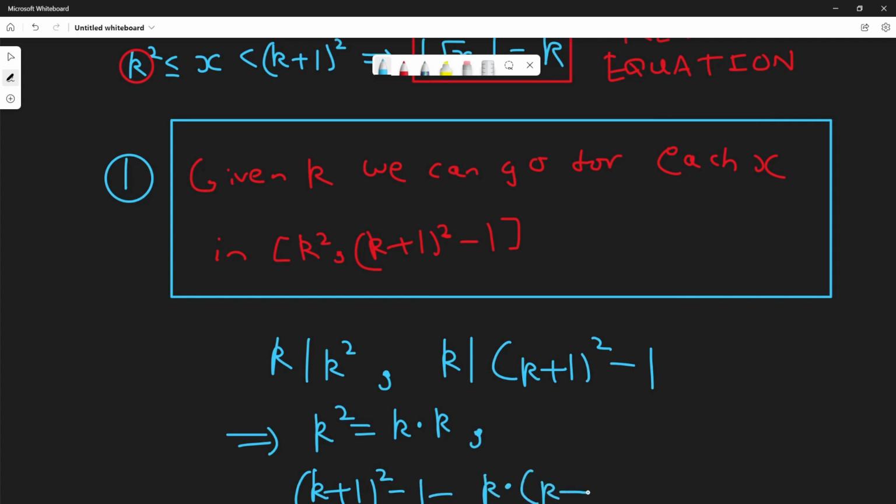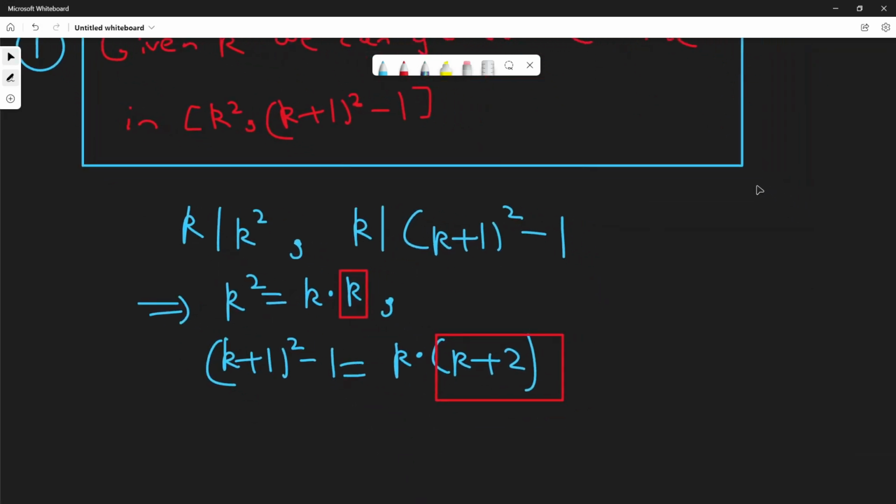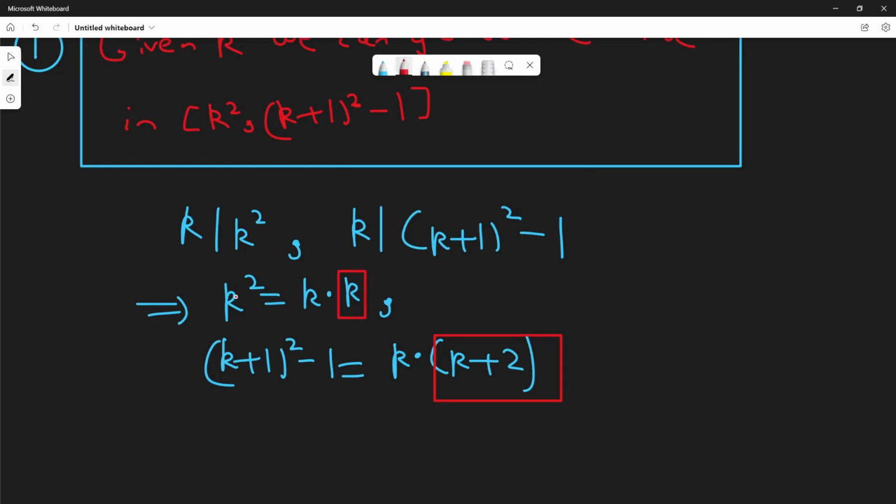So we know that there are essentially only 3 multiples of k in this range of the values of x. So it's k into k, k into (k plus 1), and k into (k plus 2). So the left boundary is k into k, the right boundary is k into (k plus 2), and the number in between is k into (k plus 1). So therefore 3 values of x satisfy k divides